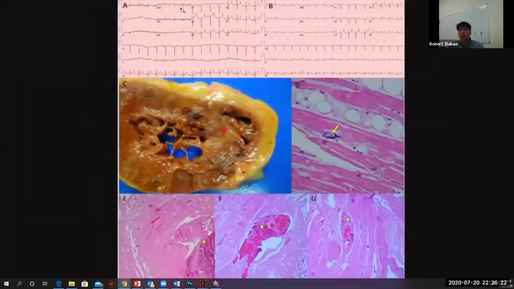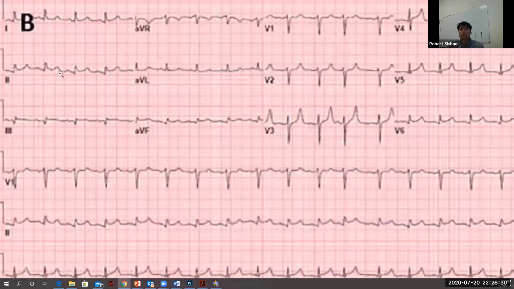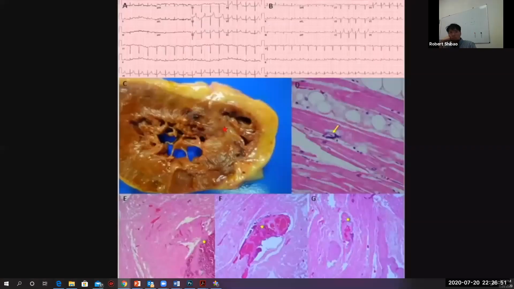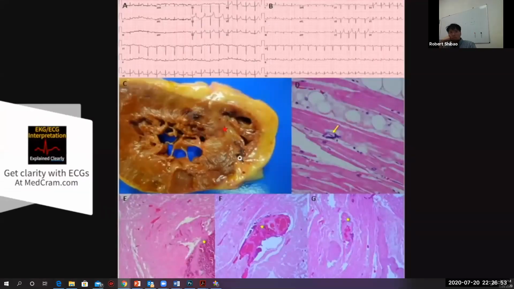Here's another slide looking at this. Here's the EKG on admission of another patient and the EKG a little bit later. Let's zoom in on those so we can see that a little bit better. For those who don't know this, II, III, and aVF look at the inferior aspect of the heart. We're definitely seeing ST segment elevation above the baseline. And also in V5, V6, and even V4, we can see that the ST segment is well above the baseline, indicating that this patient is having an ST segment elevation MI. And furthermore, what the authors are trying to show here is a bit of hemorrhage at the junction of the left and right ventricle that may have caused some of those findings on the EKG.